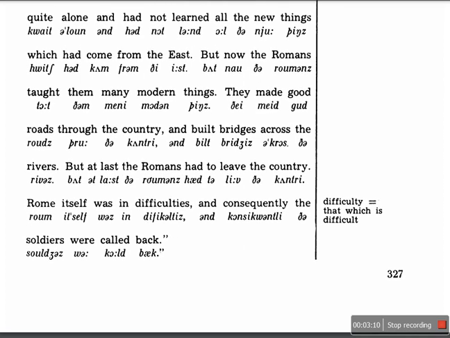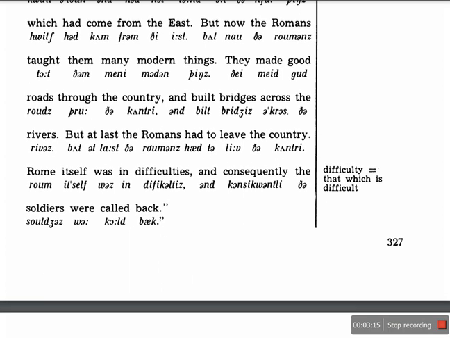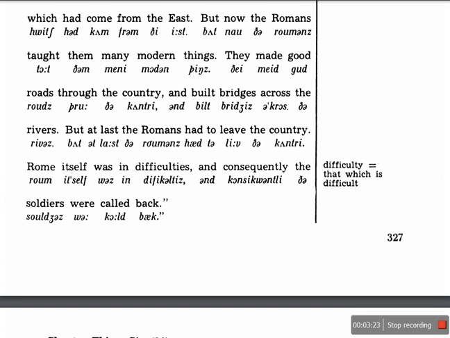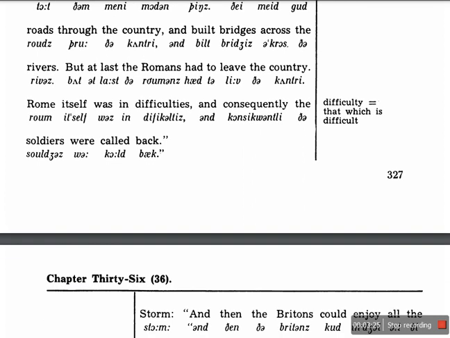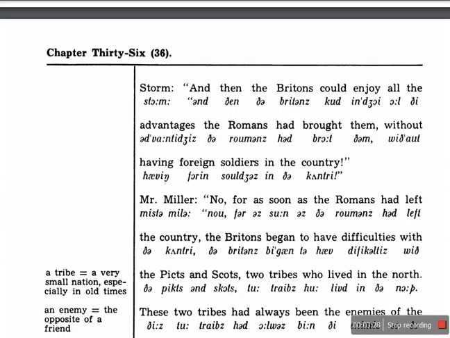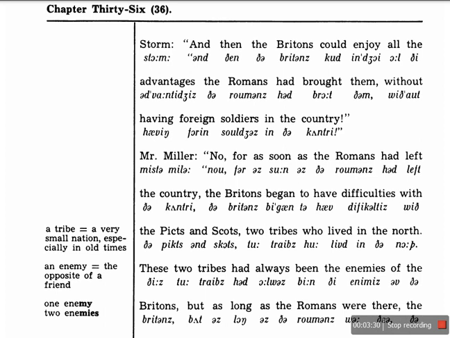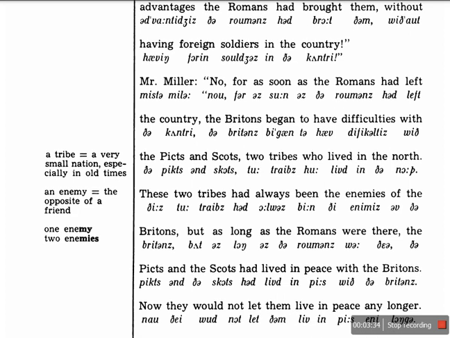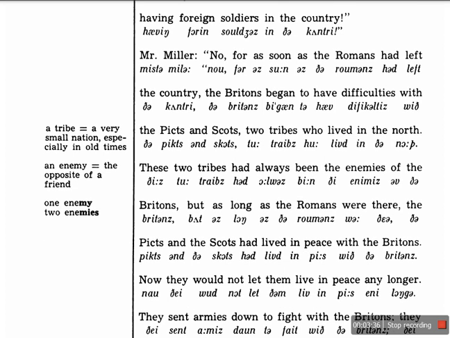They made good roads through the country and built bridges across the rivers, but at last the Romans had to leave the country. Rome itself was in difficulties, and consequently the soldiers were called back. Storm, and then the Britons could enjoy all the advantages the Romans had brought them without having foreign soldiers in the country. Mr. Miller, no, for as soon as the Romans had left the country, the Britons began to have